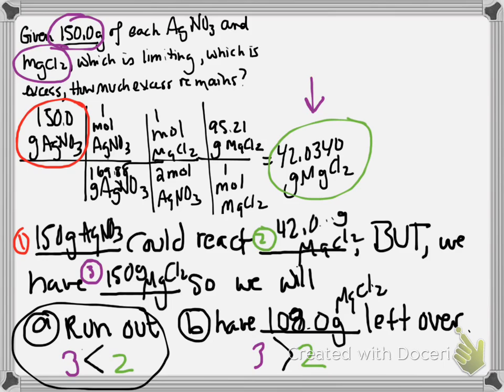Now we got lucky here, and the very first factor label we did told us what we needed to know, which in a perfect world, if everything's working in your favor, you end up answering all your questions with one factor label. It doesn't always work out that way. So, I've got a practice sheet for you. We'll walk through number 2 together on the practice sheet that you picked up today as you came in. And then I'll let you guys work, and I'll kind of circulate and offer assistance where I can.